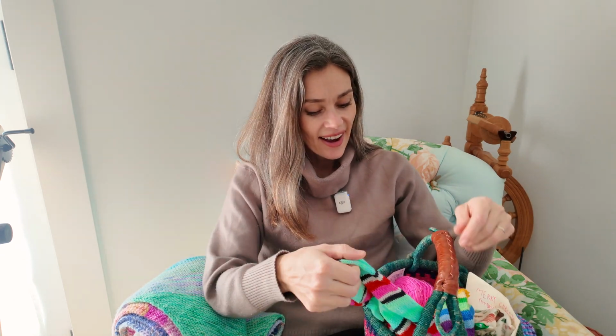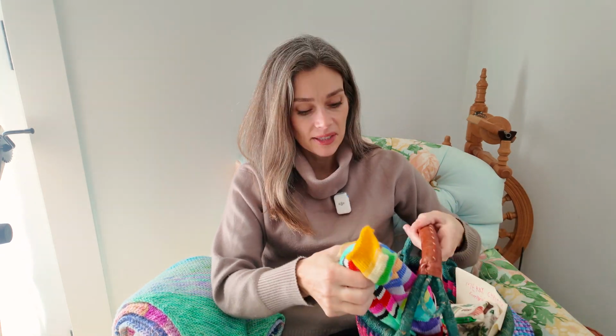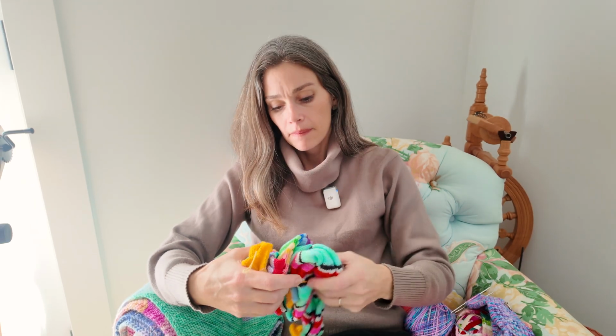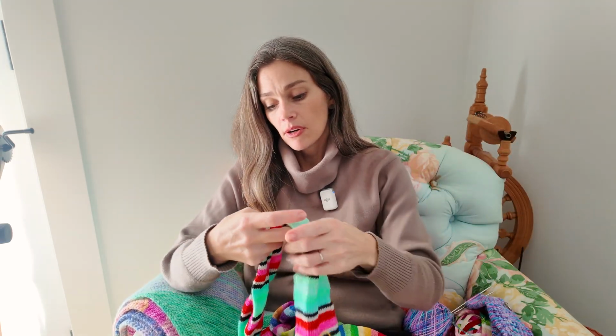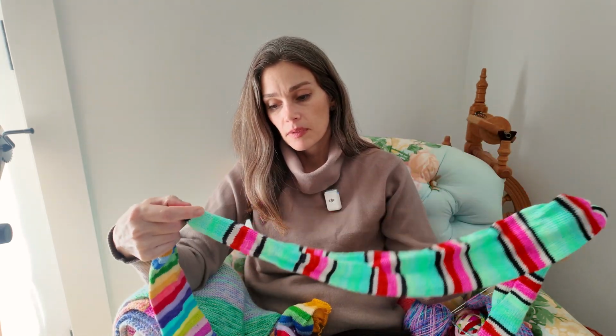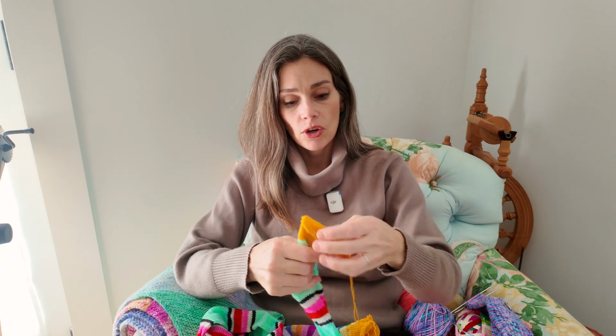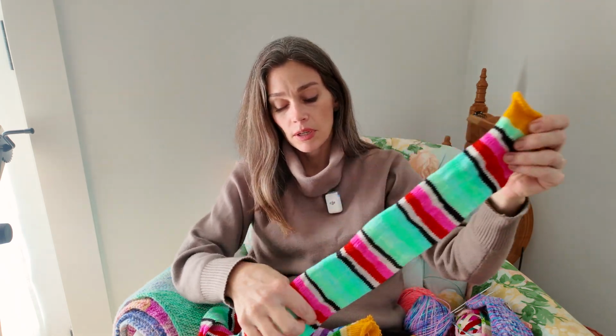But in this basket, I have a couple of upcoming projects I'm going to be working on. I have a couple of sock blanks that I knit up, and so I'll show those to you. I've had this yarn for so long. This is from Kirby Warby Yarns, who is an amazing dyer. She is just so creative and